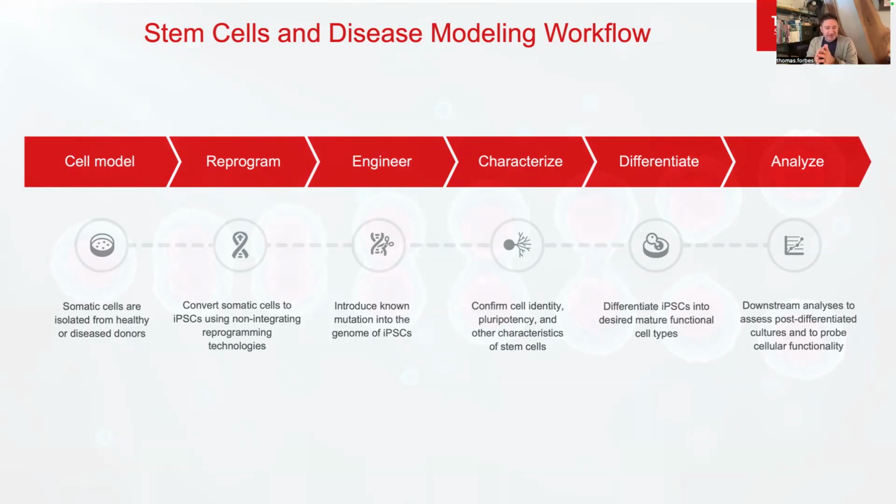CRISPR-Cas9, for instance, to generate things like knockouts, to study different genes in cellular processes. We can look at knock-ins to think about things like point mutations in different disease states, reporter cell lines, right, which obviously have a bunch of different applications as well. We talked a little bit today about electroporation and lipid-based technology methods, which allow us to generate edited iPSC cultures. Again, obviously in this case under feeder-free conditions in 2D, which in our case we found to be optimal with